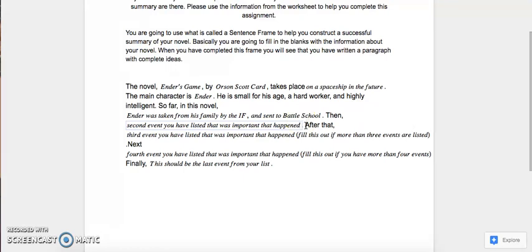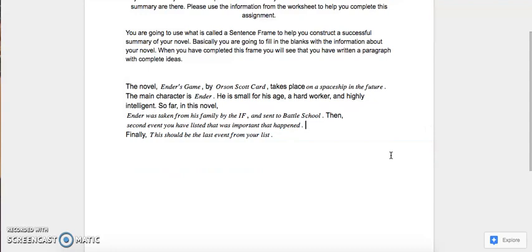If that's the case, you are going to delete these 2 because you don't need them. If you only have 3 events, you don't need them. So you just highlight them and delete. And then it says this should be the last event from your list, and you'll just put your 3rd event here, okay? If that's not the case,